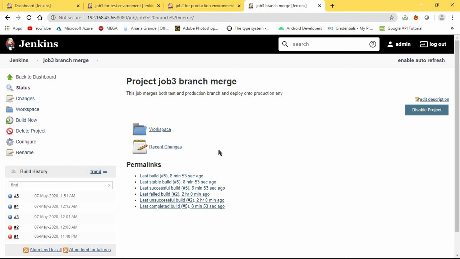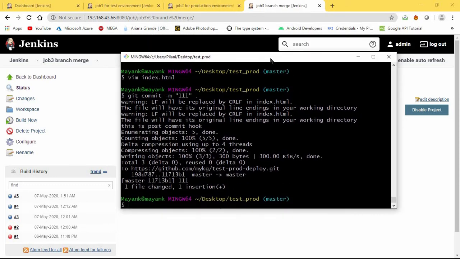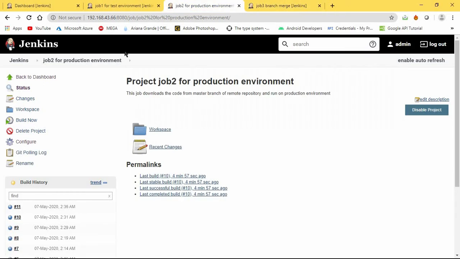Now here comes job 3. So what it does, suppose in a real world scenario, if you are in a production level company or some MNC or service based or product based company, we have two separate environments. One is production and one is the testing environment.